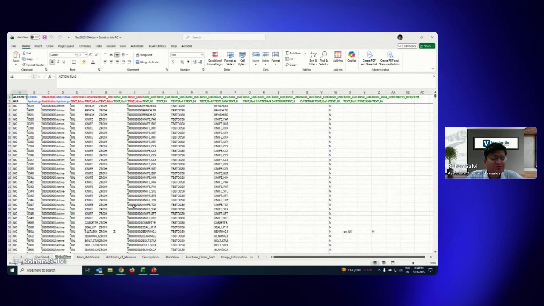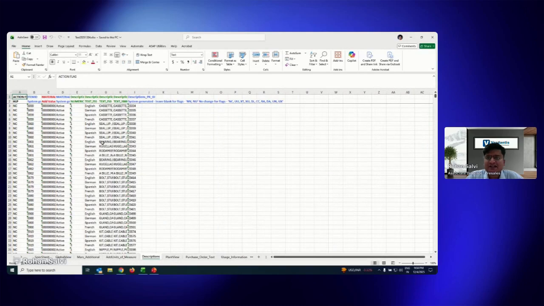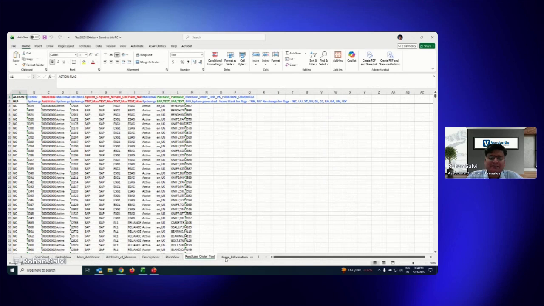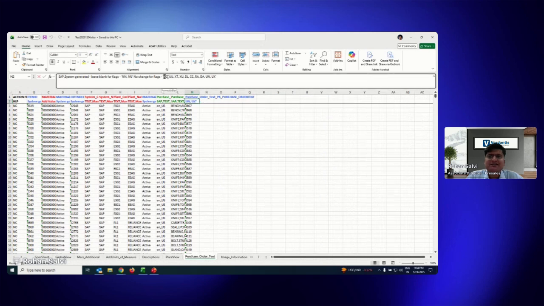But then there are, of course, conversion templates available with which you can convert the data into an Integrity loadable format. It has the basic information, it has plant specific information, it has descriptions in multiple languages where applicable. Purchase order data is also available. So all the master data is available, and then we can have the information updated by making the necessary changes, like: Do we want to update it in Integrity as well as in the ERP system? Is it an extension? Is it an update with an extension? Is it a deletion record? Is it a change in classification? So these are different types of requests that can be triggered in the mass import activity.